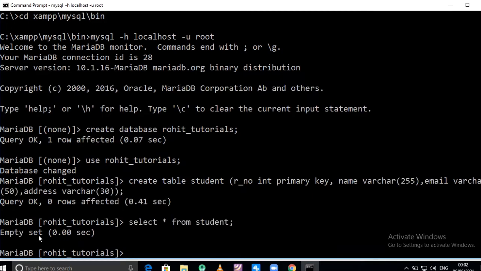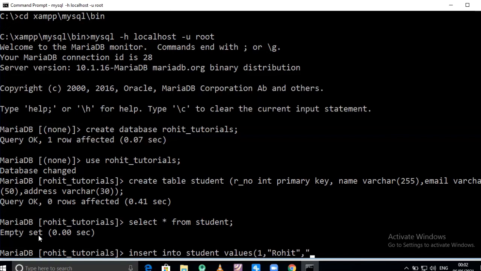For insertion we require the command insert into student values. Values are nothing but roll number is 1, comma, our name is Rohit. As it is a varchar, keep it in double quotes, comma. Next is email.